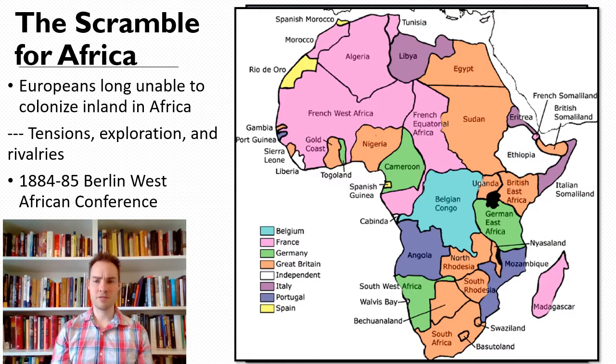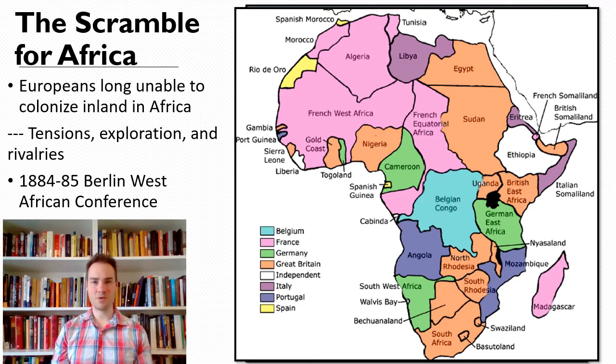But here's that same map in 1885, theoretically completely colonized by Europe with the exception of Ethiopia. So that's really weird. Five years on and theoretically all of Africa is colonized. What happened? Well, European powers really wanted to divide up Africa. They wanted those resources. And they'd been having difficulty, and part of that came from the tension between Europeans over who was going to get what.